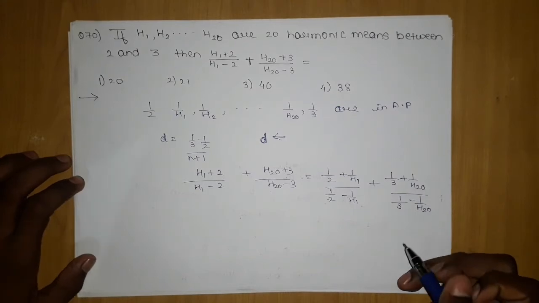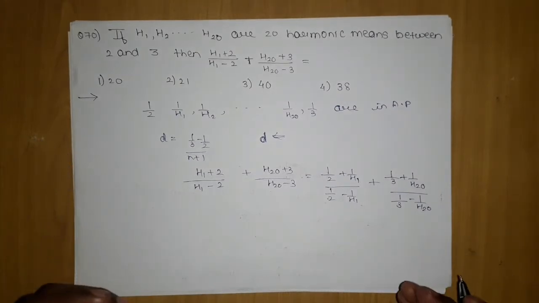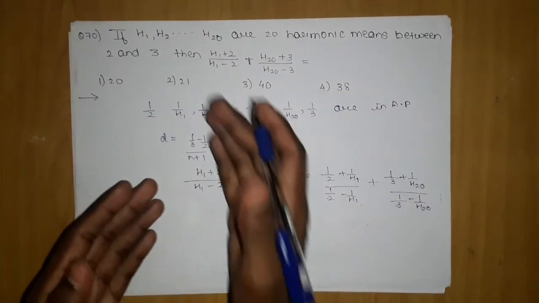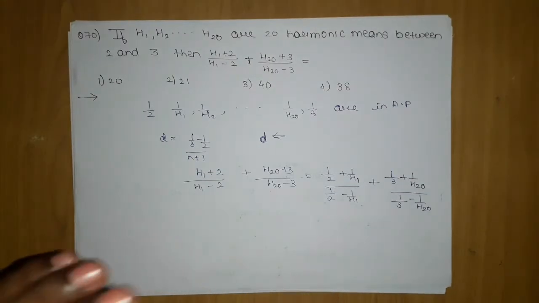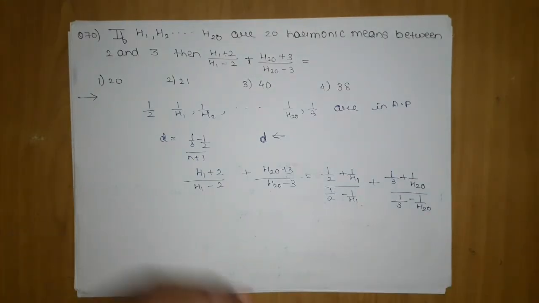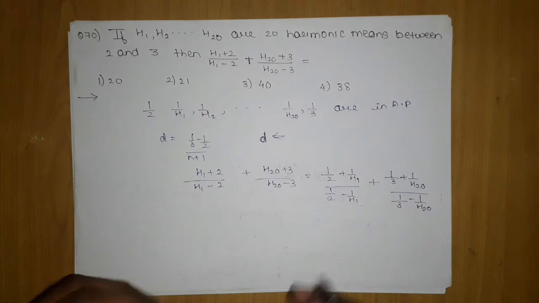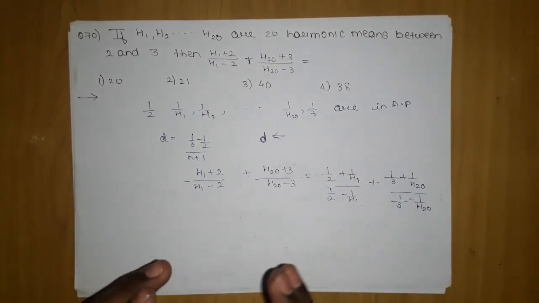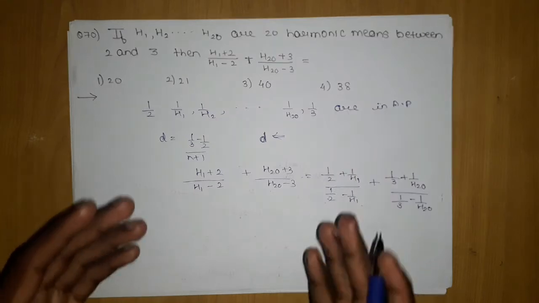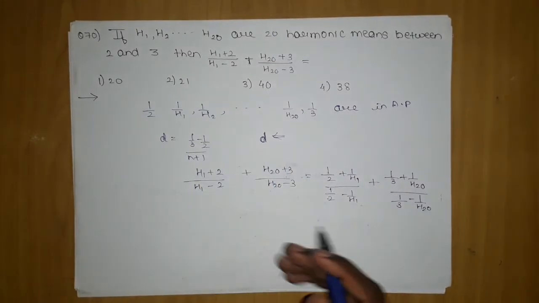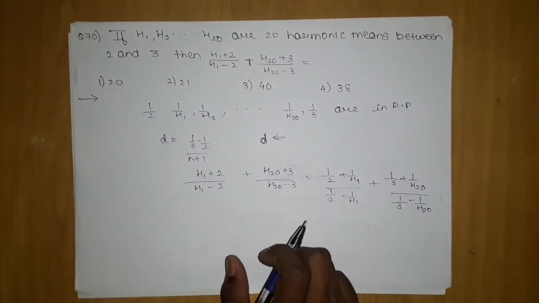What was the reason for doing that? Because we have terms in 1 upon H1, 1 upon H2. Now we are not going to convert into HP again and then substitute it. So you must understand that we have to convert this. You should be smart enough that you have to divide by 2H1. I can assume that you all know that.